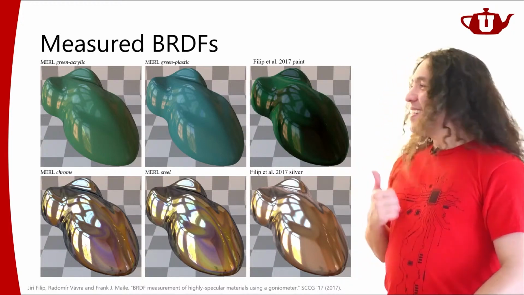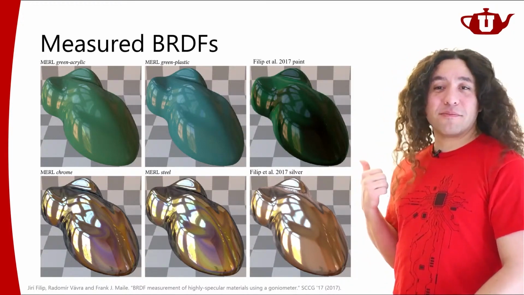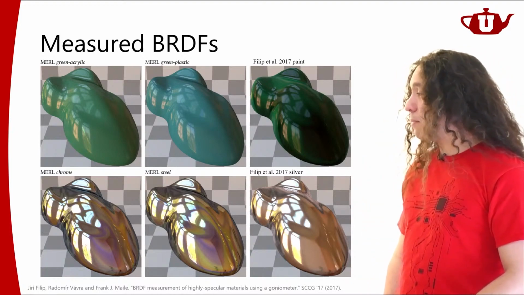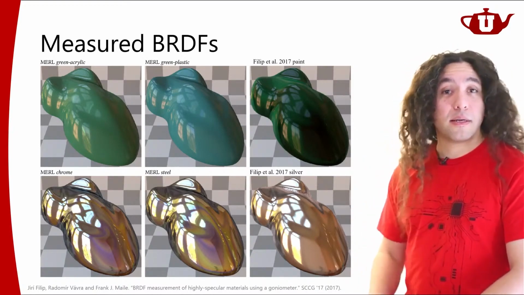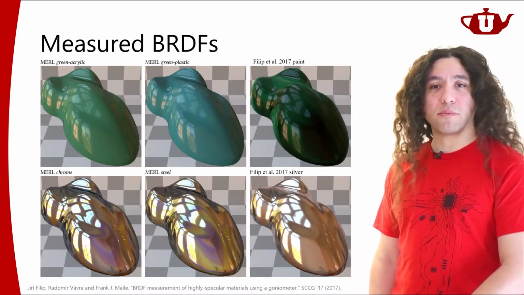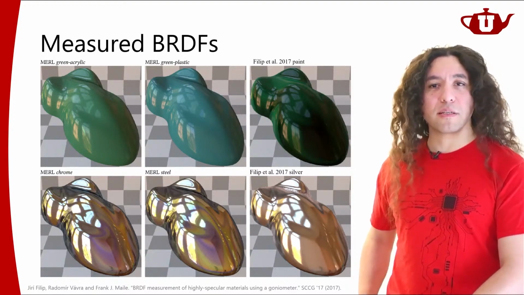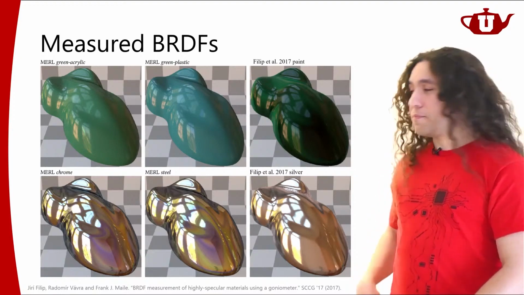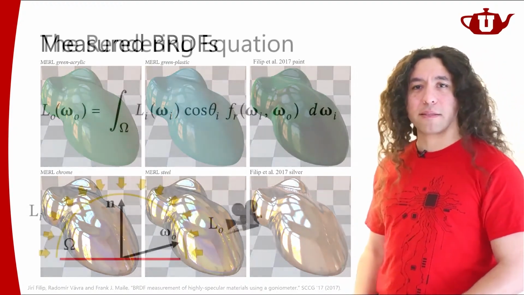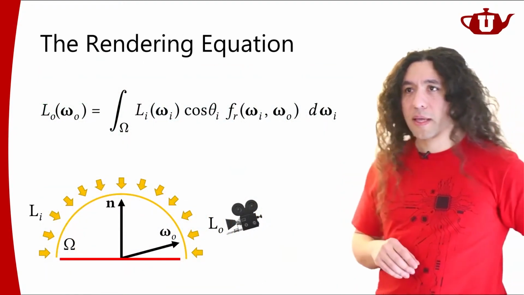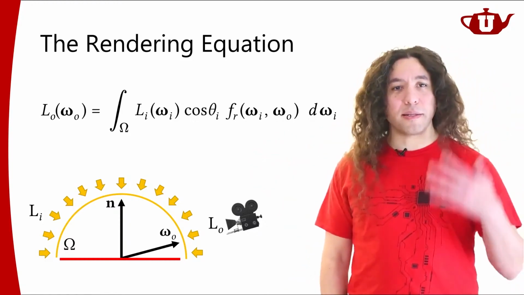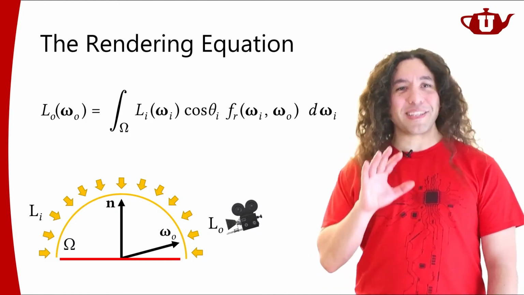Okay, so these are some examples of measured BRDFs. We also have material models that are not measured. There are more realistic material models we have in computer graphics that are more frequently used than Blinn and Phong materials today. But anyhow, this is enough about the BRDF for now. I want to go back to this rendering equation. And this is the important part about this lecture. This is the part that I would like to go a little slow.